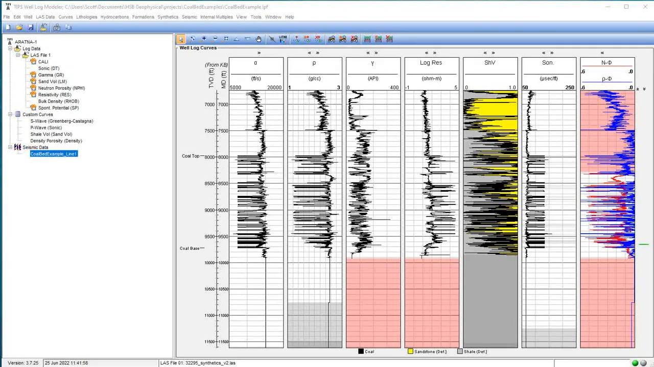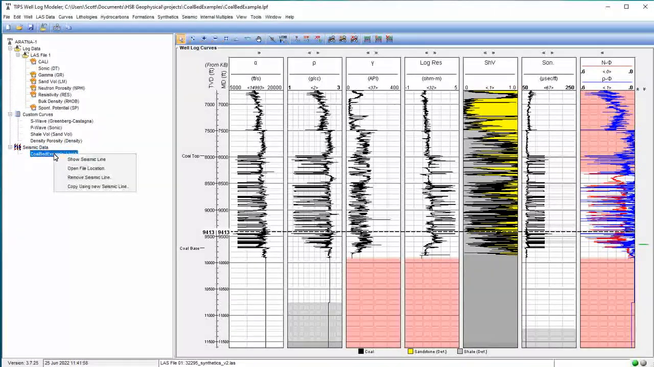In this video, we're going to look at the stretch and squeeze toolkit within the well tie component of the TIPS well log modeler. We're going to continue with an example we had previously. We have a well log that's been modeled in a region where we have a lot of coal beds, and we have a seismic line that we've pulled into our model, and I can right mouse on that and hit select show seismic line, and that will load the seismic file and place the well synthetic at the location that